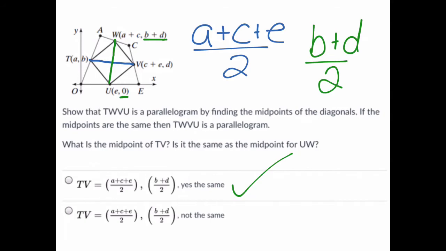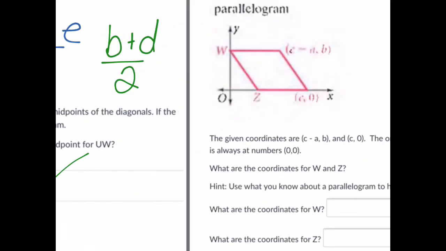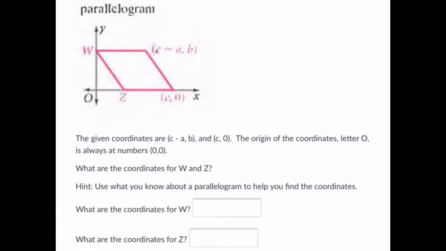Our next problem actually comes from your practice. They want us to find the coordinates of W and Z. These are a little bit hard to read, so I went ahead and redrew them over here in black just so they're a little easier to see. So this first point here, if we come from the origin, we go out to point C, and then we don't go any up and down. So this point is C, 0. To get to the next point, we would start from the origin, and we would move out C minus A,